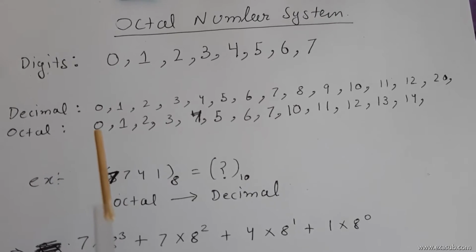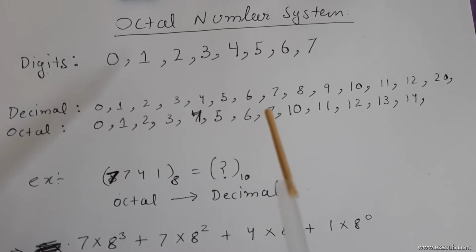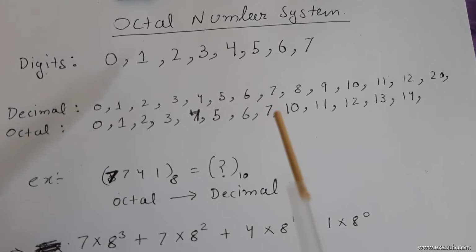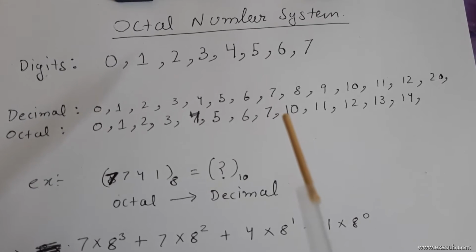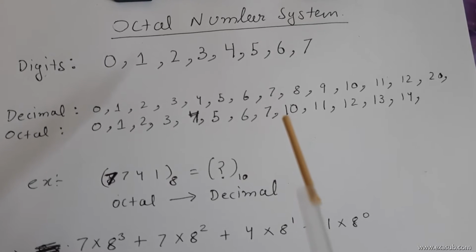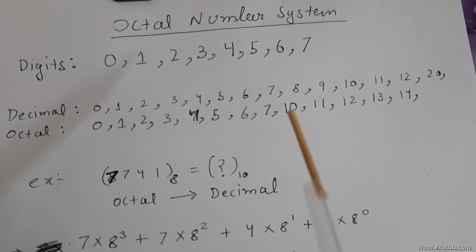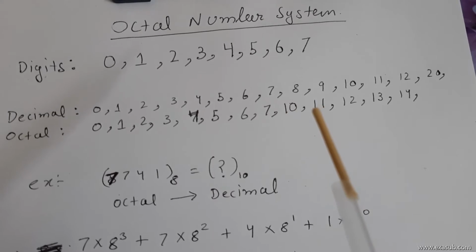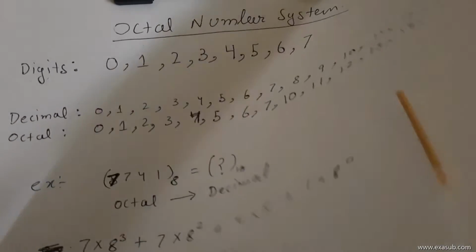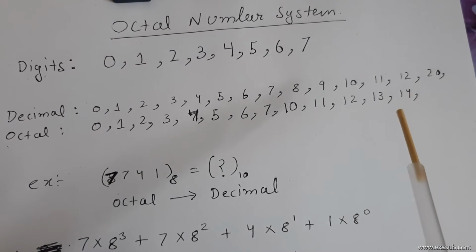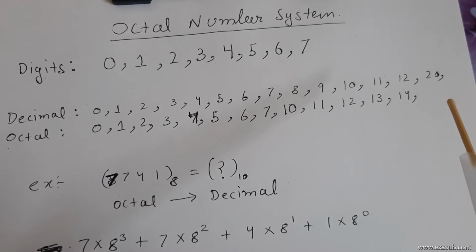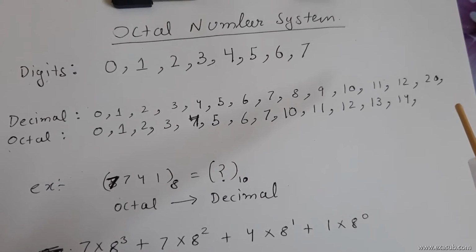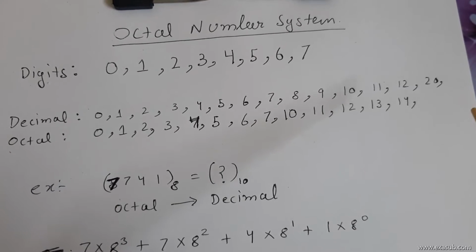If we count in octal, 0 to 7 are exactly the same as in decimal, but after 7 we start by incrementing a 1 on the tens place, and on the first place we get 0. So 10, 11, 12, 13, 14, and so on. After it reaches 17, it will increment the 1 and go to 21, 22, 23, 24.